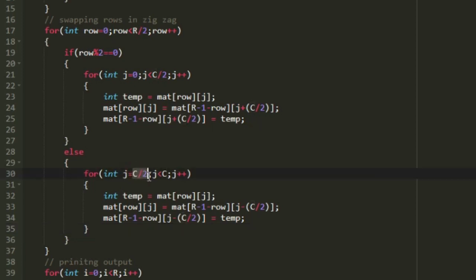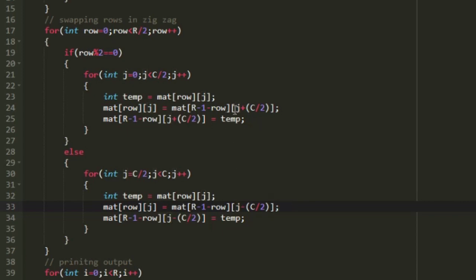Now let us go to the else part. Here we are just going to perform everything opposite. First the j loop iterated from 0 to c by 2, but now we need to iterate through the second half. So the loop starts from c by 2 and we iterate till c. That will be the second half. Then again we perform the same swapping operation, but with some modifications.